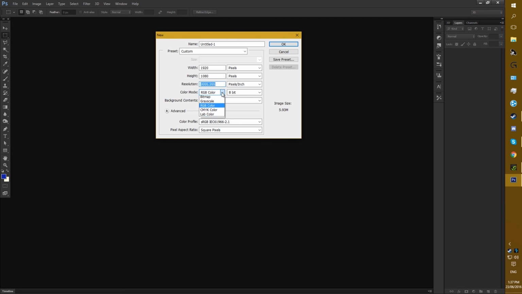Okay, and then you're going to want to change this from RGB color to Lab color, because we're going to be doing a Lab. And then you want the background contents to be background color, obviously. I mean, what other color do you want? It says background, obviously it's going to be the background color. You want that to be 16-bit, and then this is pixels per centimeter, and you want that to be at least